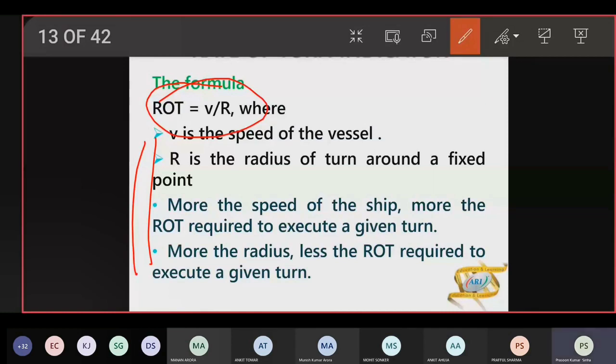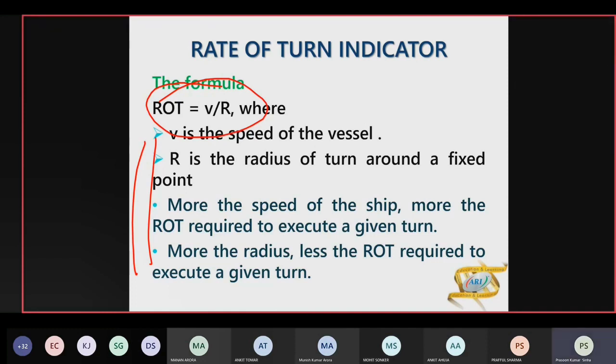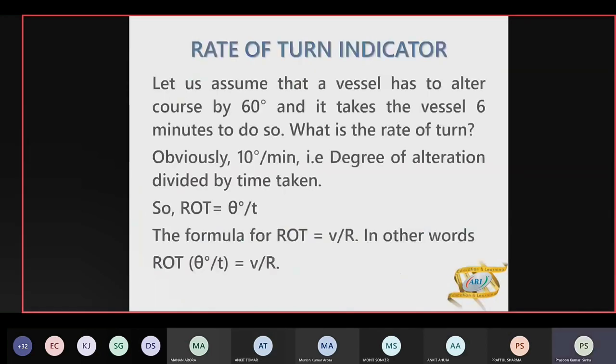So theta by t is less, so the value of ROT will be more, and vice versa, of course. Also, if the radius is less, we have to turn faster, because it's a shorter distance in which we are covering the turn. So we have to turn faster. Next,